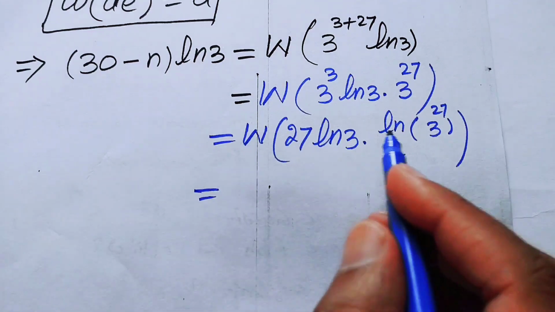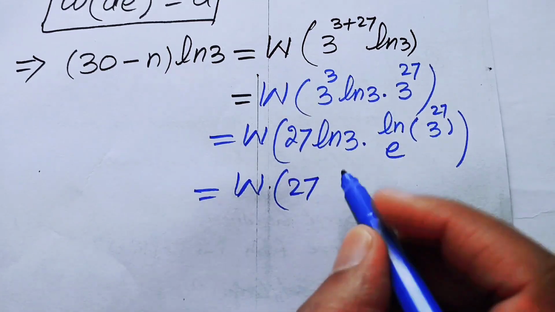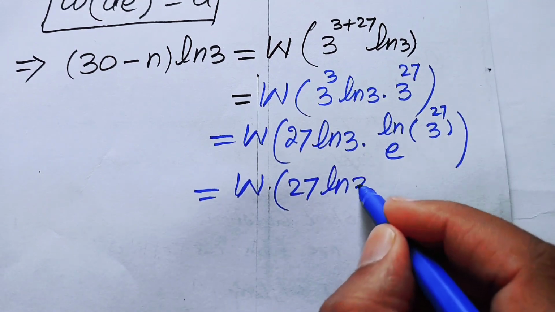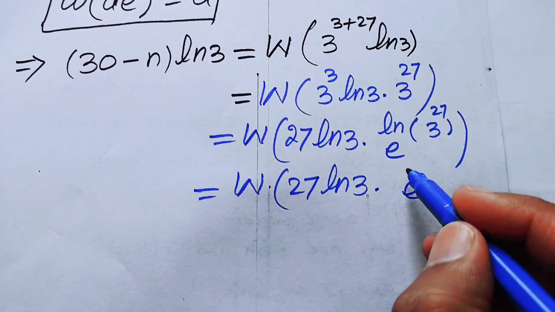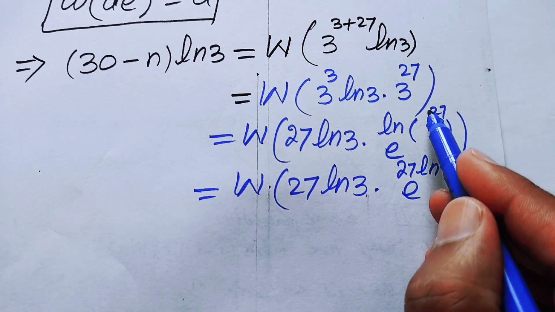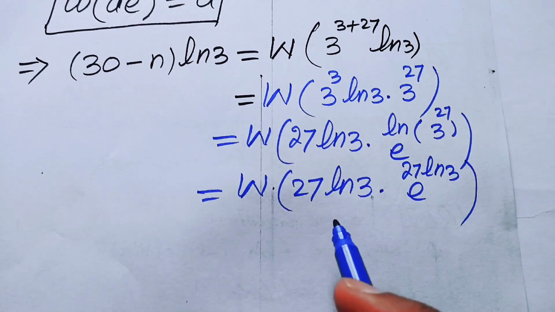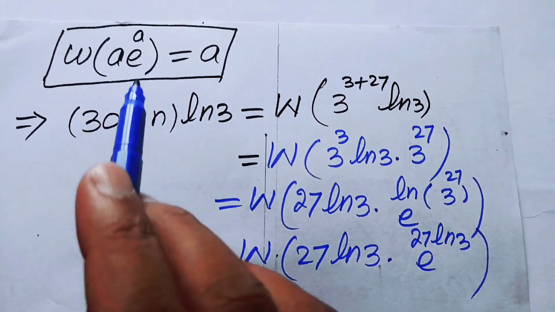Now you can apply the property of logarithm on this term, and you obtain 27 times log 3 into e to the power of 27 times log 3. We move this exponent in front of the log, and here you see that we will again write this